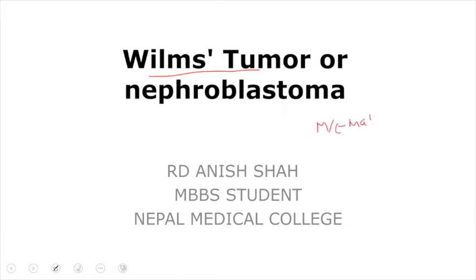It is the most common malignant tumor. It is usually seen in the kidney in a child. So Wilms tumor is the most common malignant tumor that is seen in the kidney of a child, and that has a peak incidence in 2 to 5 years of age. So the peak incidence is seen in 2 to 5 years of age, and the name suggests Wilms tumor, and